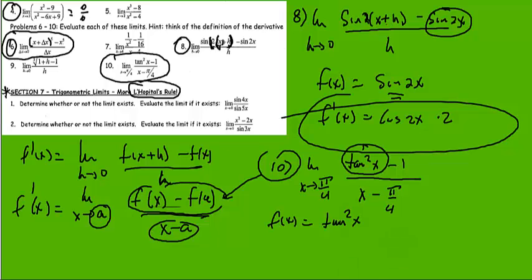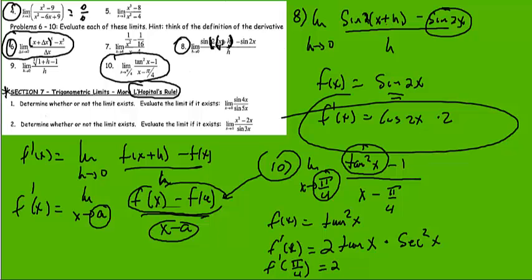And they want you to take the derivative of that, so let's go ahead and take the derivative of this. We have to use the chain rule for this one. The outermost function is a square, so it'd be 2 tan x times the derivative of tangent, which is secant squared x. And then what they want you to do is find the derivative at that particular value. So f prime of pi over 4